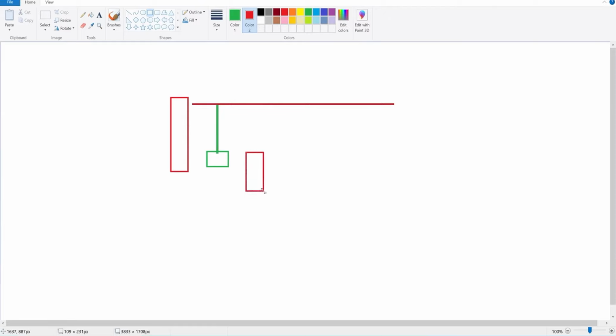Now, additional candles may form, a red candle followed by a green one and maybe another green and red candle. These don't matter too much, but as soon as a candle rises and touches the SNR line we've drawn, we immediately place a downward trade right at the point where the candle touches the line. What we expect is that this candle will form a shadow similar to the previous one. In other words, as soon as the candle touches the line, we open the trade and we see that the candle will likely close lower,